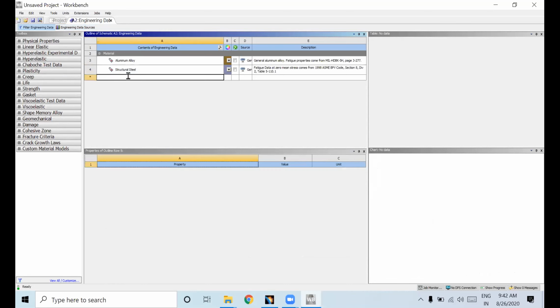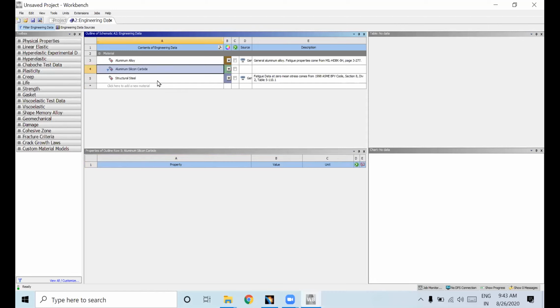If you have aluminum silicon carbide, enter it. Once you enter this, you have a question mark, right? That means you have not added any material property. See, it is showing blank here.